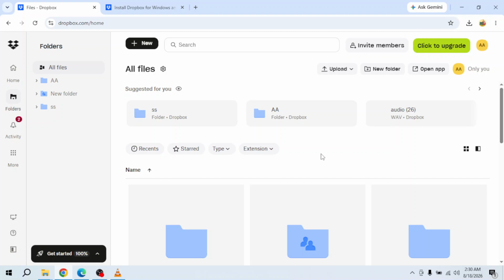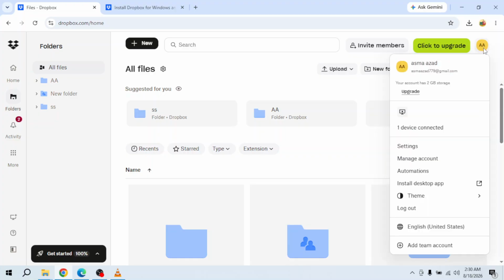Want your Dropbox files available on your computer, phone, and other devices? In this guide, I'll show you how Dropbox syncing works, how to set it up, and how to check that your files are syncing correctly. Let's jump in. First, make sure you're signed in to the same Dropbox account on every device you want to